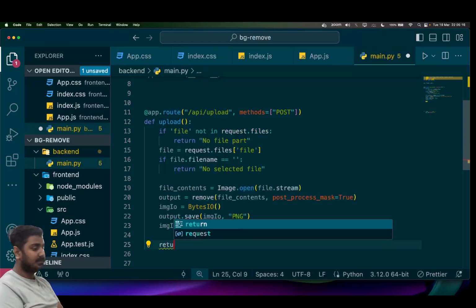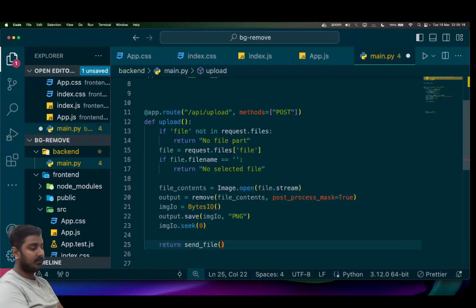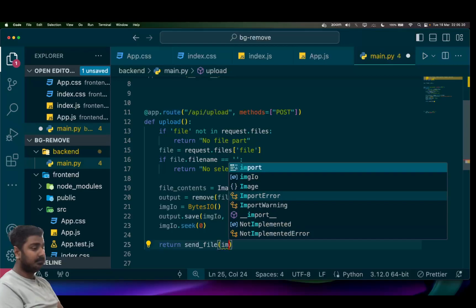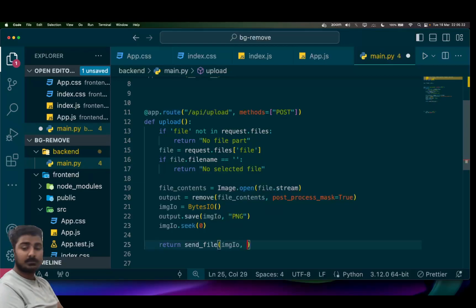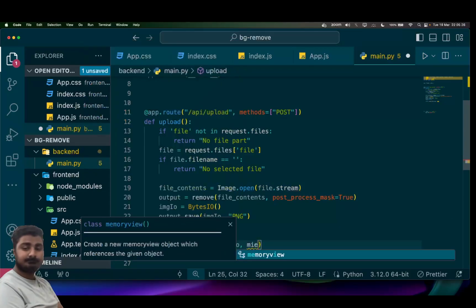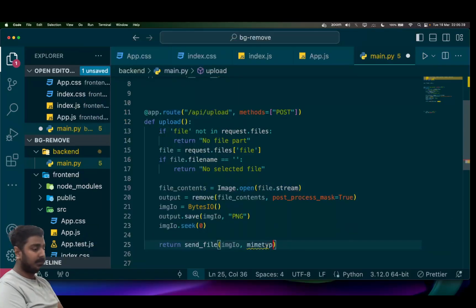Then return the image and send file, with the mime type